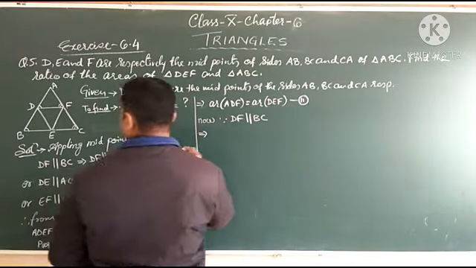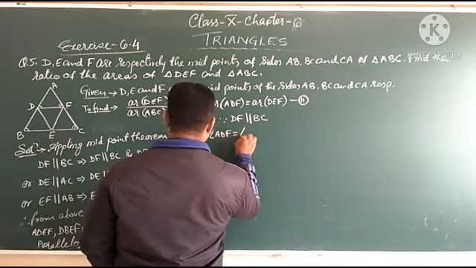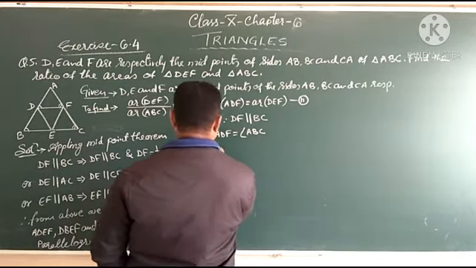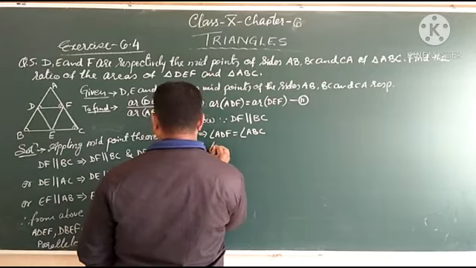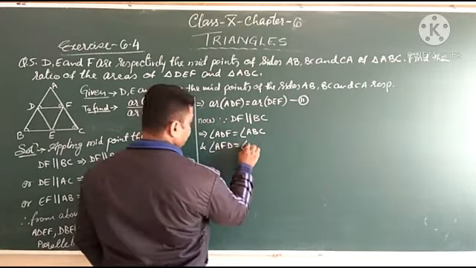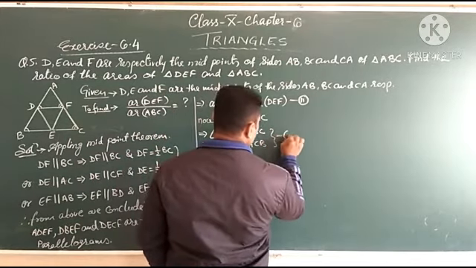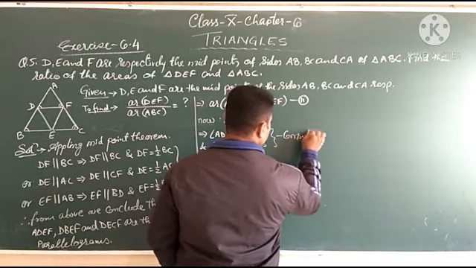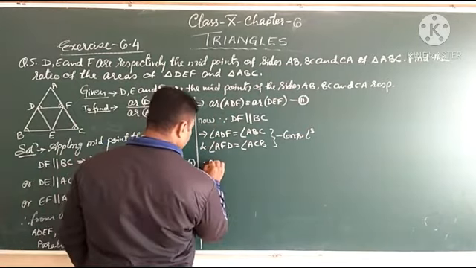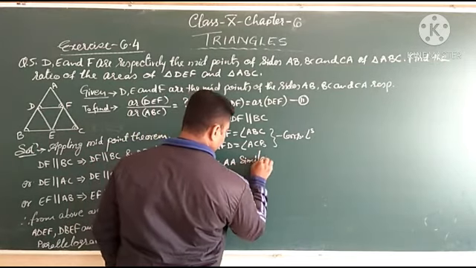We can write angle ADF is equal to angle ABC and angle AFD is equal to angle ACB. Clear? Corresponding angles. Clear? Therefore, by AA similarity,